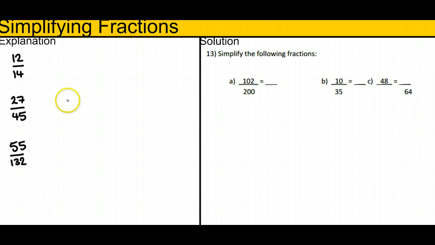We're looking at simplifying fractions, and what I'm going to try and talk you through is a few examples of the types of fractions you should be able to simplify, and then we'll have a go at a few questions on the right hand side. So first of all, we've got